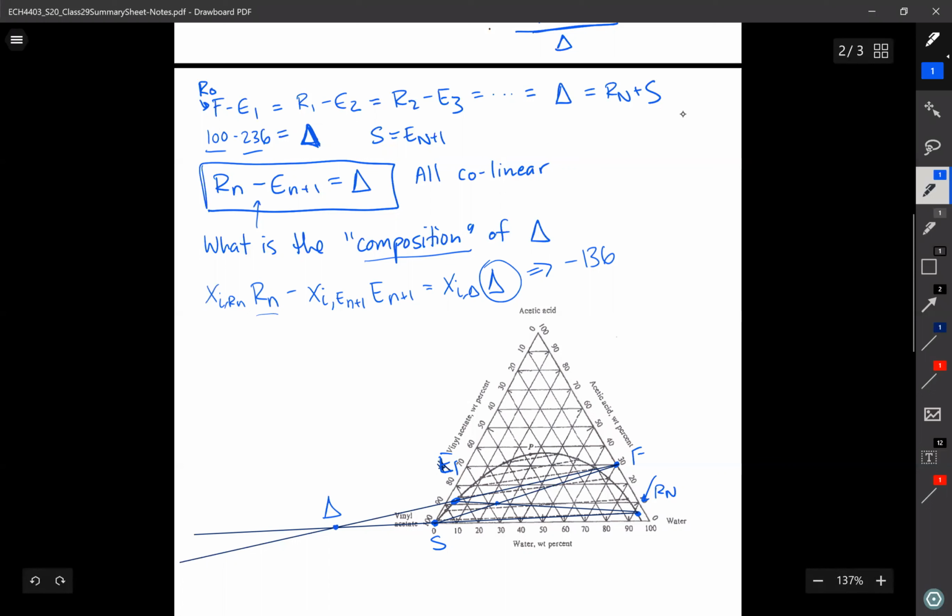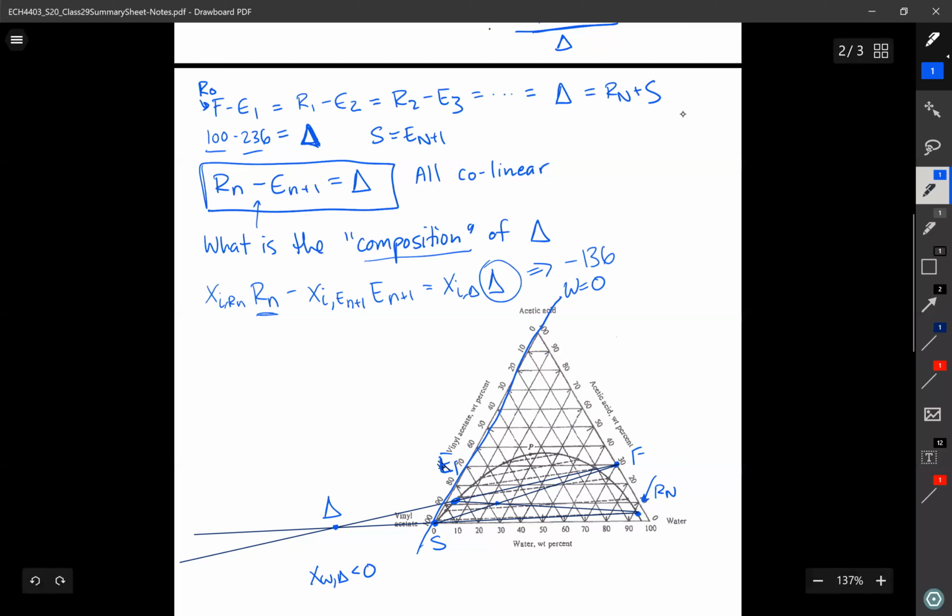So I already know what F is, so I'll use R naught to figure out what the compositions of the delta point are. But what you should find, and what should be initially alarming, but then be okay, is that one of the flow rates would be negative. So if I look at what the space of this plot is, remember that this line out here corresponds to water equal to 0. So the coordinate that's out here is water less than 0. If I figure out what x water at the delta point is, you should find that it's less than 0. And while initially that would spark some alarm, because remember, your compositions have to be between 0 and 1,